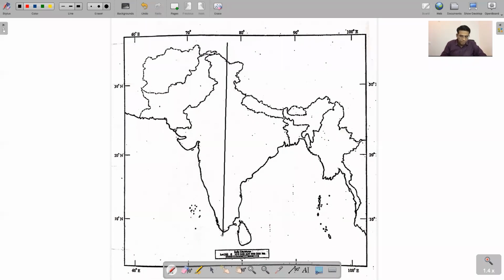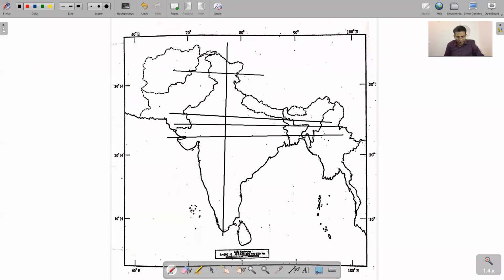That's one line. This line is for Leh and Srinagar. This is the Jaipur and the Lucknow line. This is the Allahabad line, which passes tangentially to Meghalaya Plateau. This cuts through Bhopal and Gandhinagar, from the Gulf of Kutch to Tripura. We had the Kochi line also, from the tip of Kochi to Pathankot, this line.